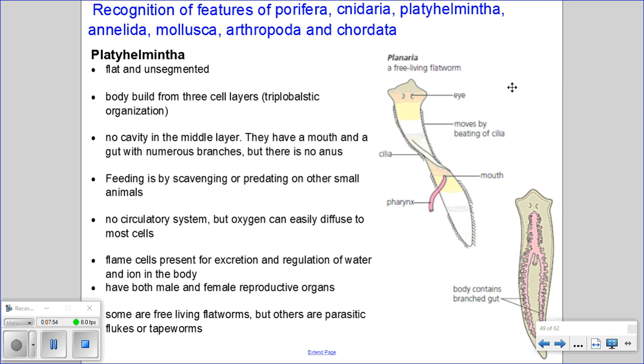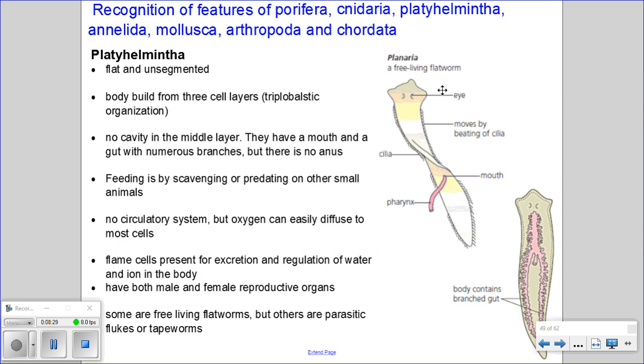Main features of the platyhelminth include that they are flat and unsegmented, platy meaning flat. Their body is built from three cell layers, which is referred to as a triploblastic organization. There is no cavity in the middle layer. They have a mouth and a gut with numerous branches, but there is no anus. Feeding is by scavenging or predating on other small animals, and there is no circulatory system, but oxygen can easily